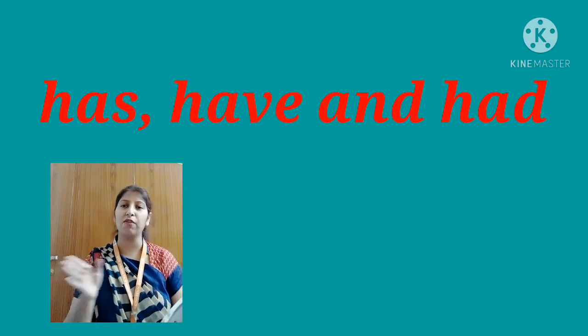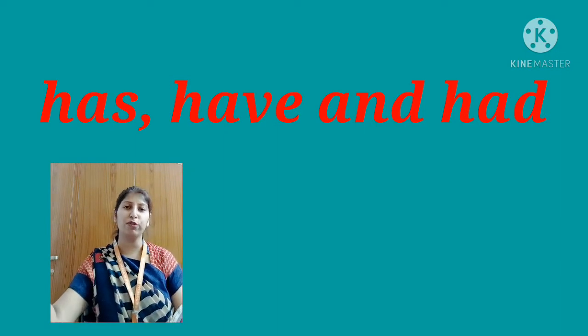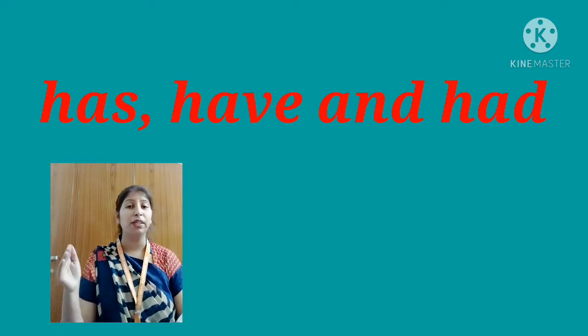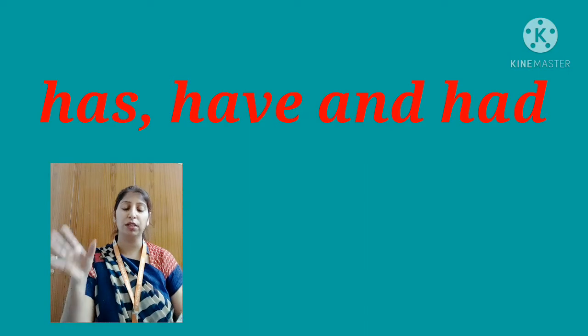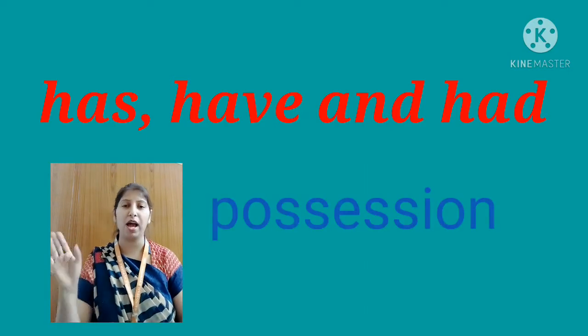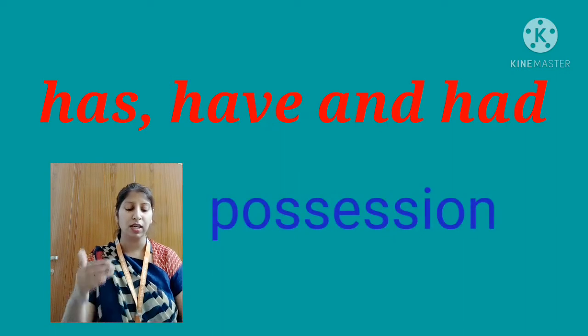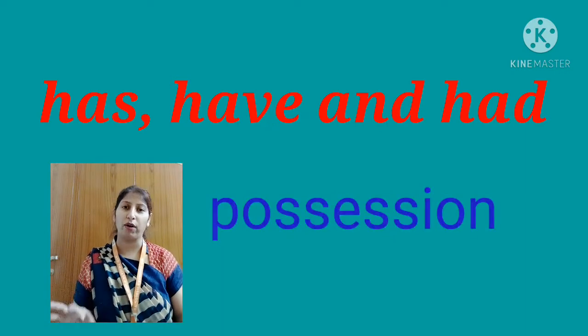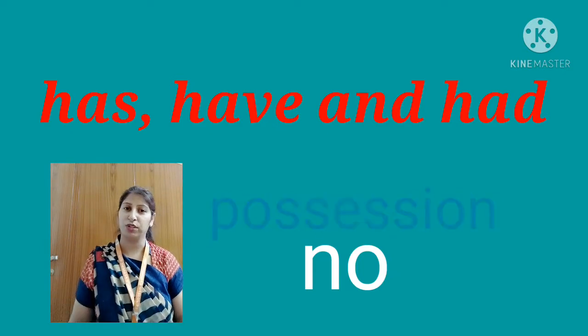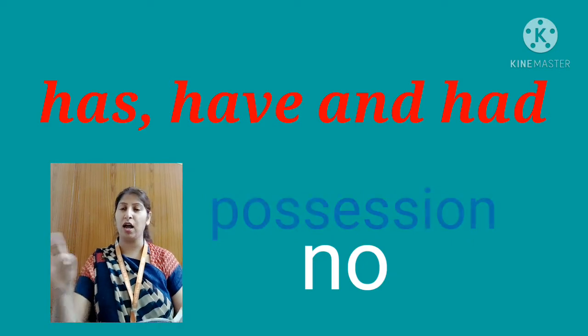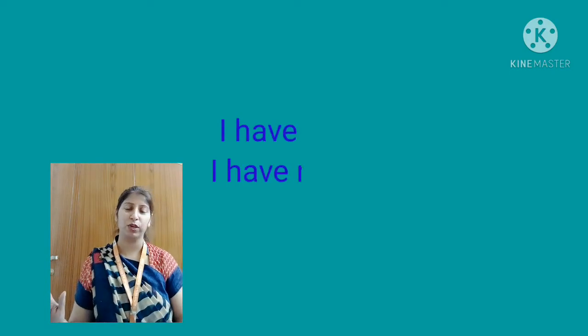Now the sentences containing has, have and had. We know these sentences are perfect tense: has, have, had plus the third form. In that case we will put not after the helping verb. But if the sentence contains has, have or had and no third form is there, because it is showing possession, then we don't use not. That time we use no. For example, I have a computer. So instead of writing I have not a computer, we write I have no computer.